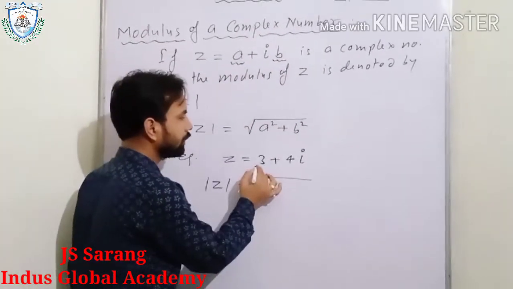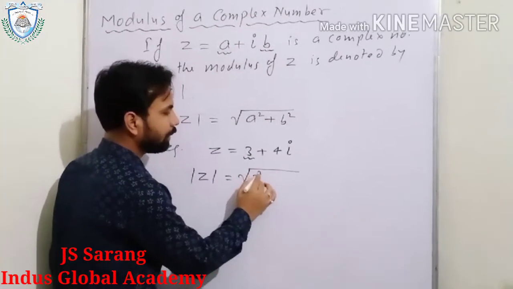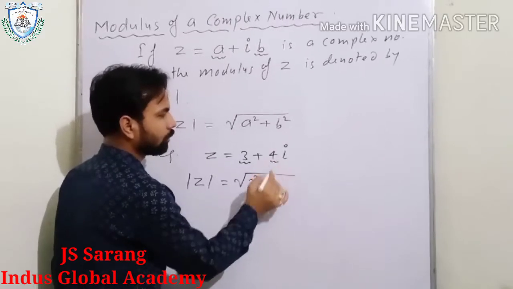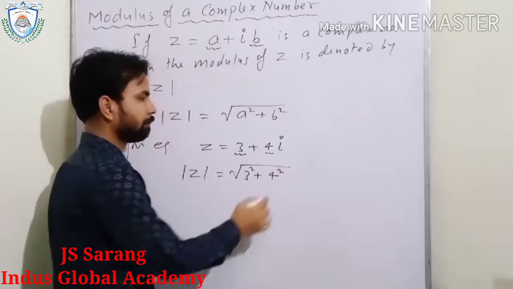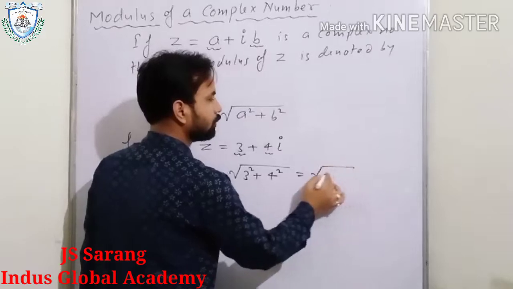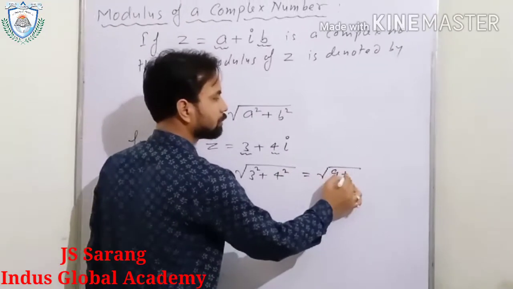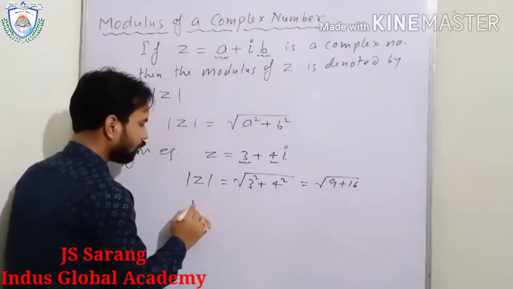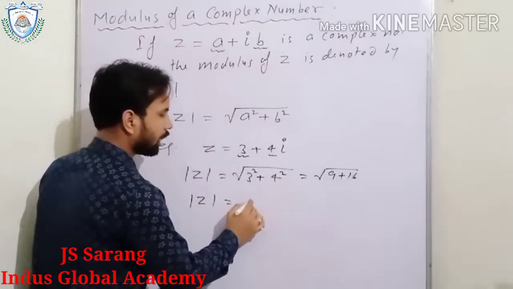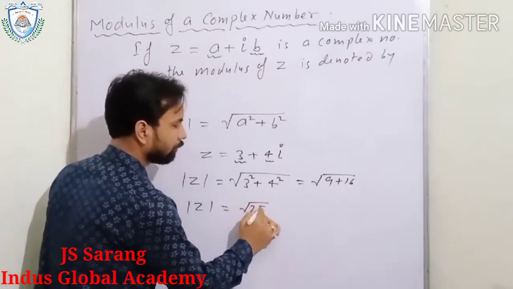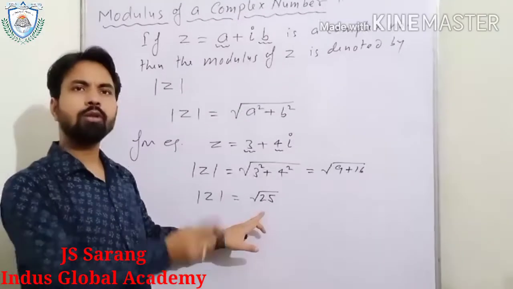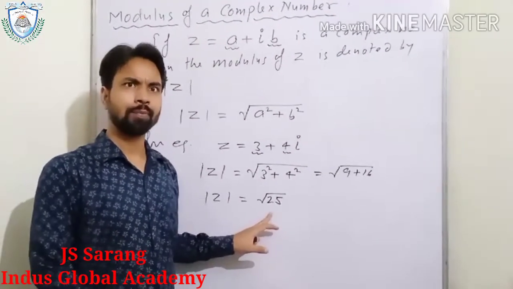So what is a here? a is 3, so it will be 3 square, and b is 4, so it is 4 square. So 3 square gives you 9, and 4 square gives you 16. So mod of z equals under root 25, and we know that square root of 25 is, yes, you know,